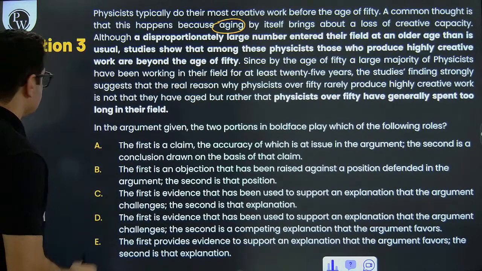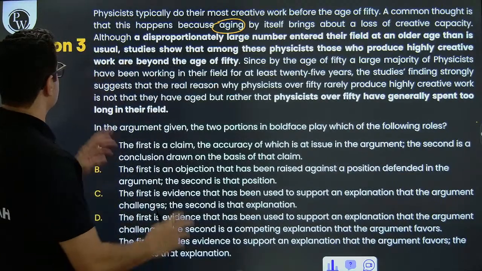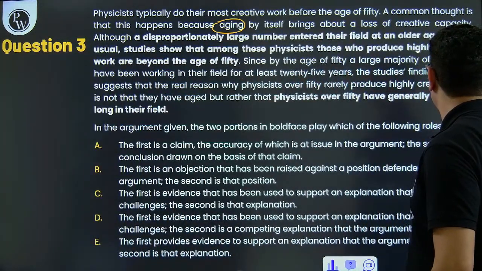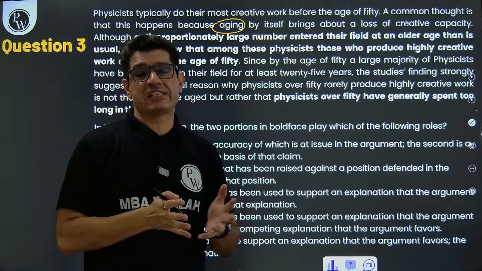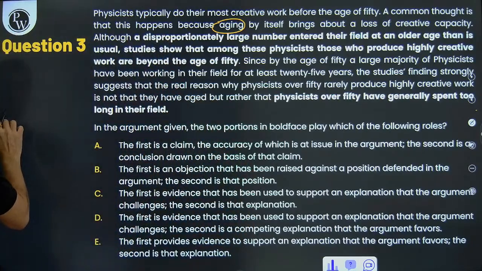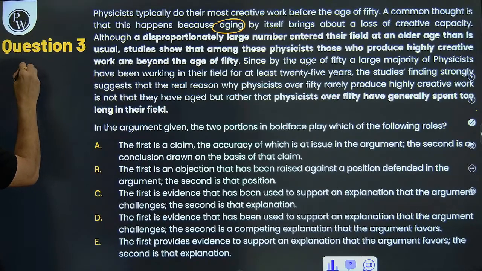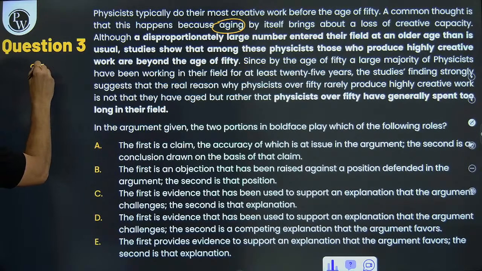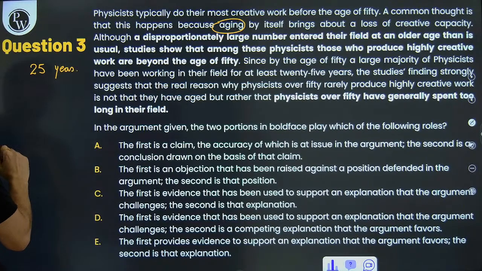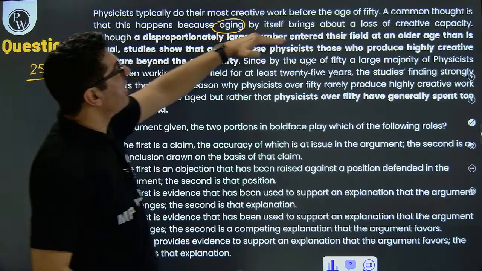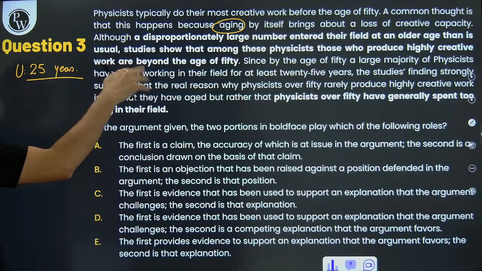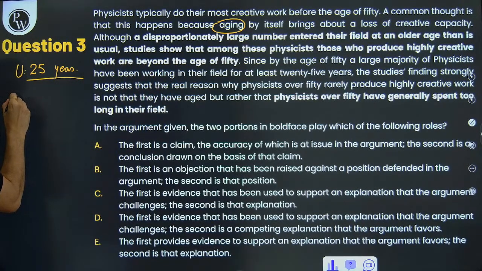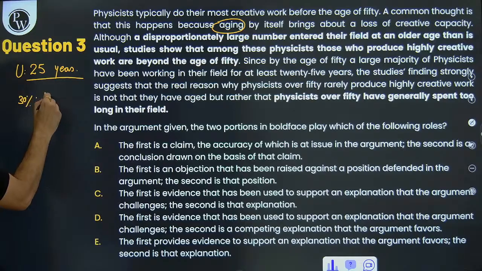Right? So, on one hand, we are saying that physicists do their most creative work before the age of 50, and then we are saying that, hey, there is a special category of physicists who enter the field at a late age. So let us say that the normal age for becoming a physicist is 25 years. So there are people who enter at the age of 25, right? And then we're seeing a disproportionately large number enter their field at an older age than is usual. So the usual age is 25, but when you say disproportionately large, so let's put a number to it. Let's say around 30% of the physicists, when they enter the profession, are, let's call them, 40-year-old,